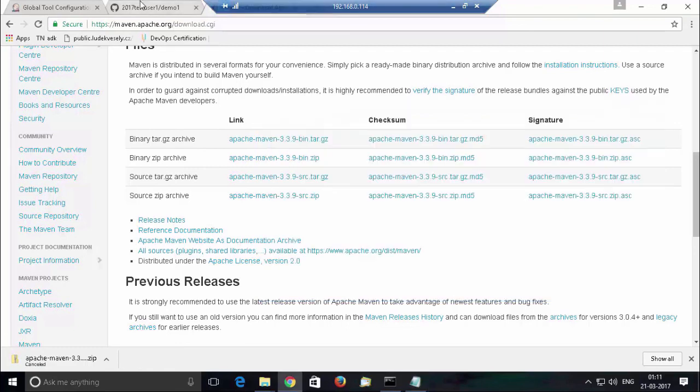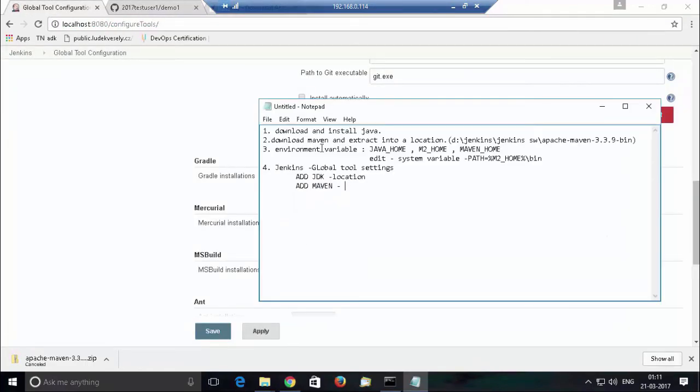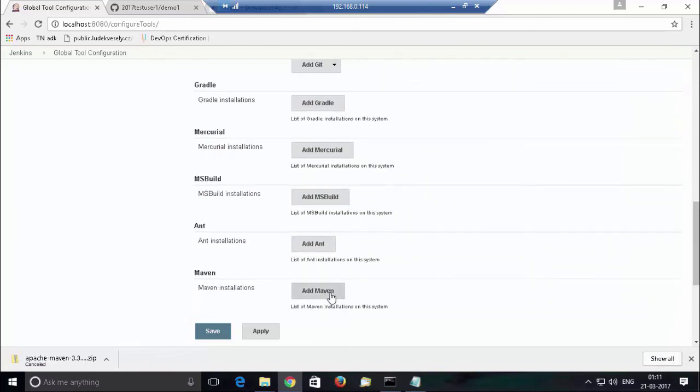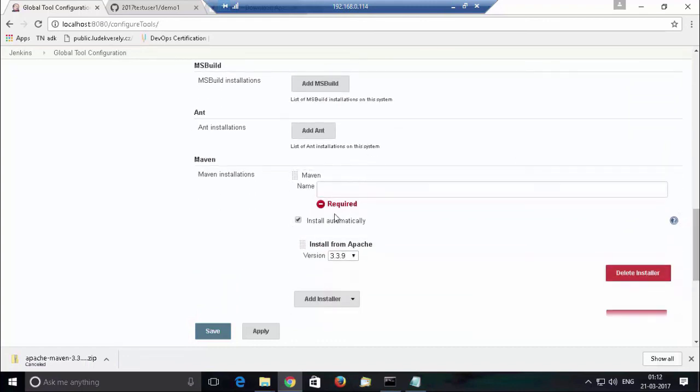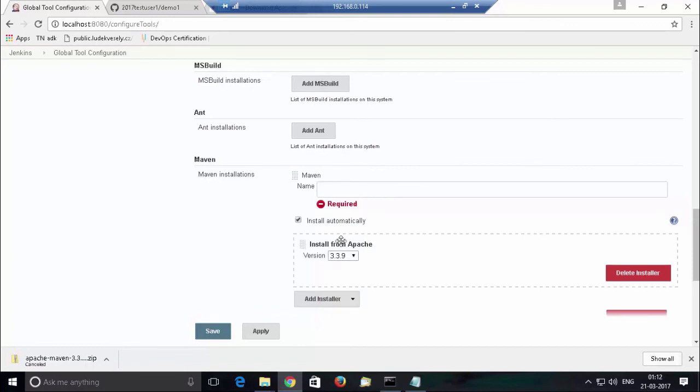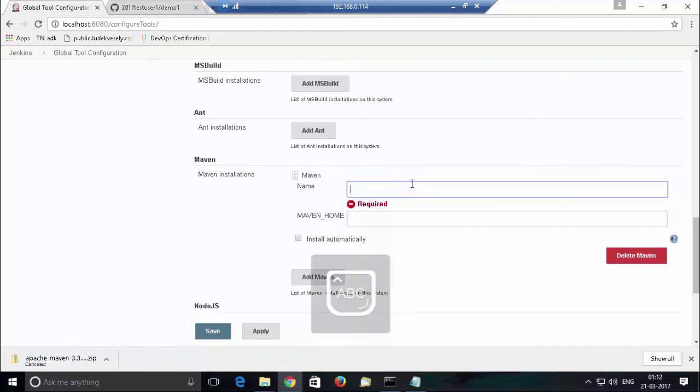So here we are going to move into global tool configuration. Here I'm going to move into my Maven, and we are going to add Maven. We can again define a Maven name, and again we don't want to install it automatically, so I'm just going to uncheck it. If you check it over here, it will automatically install Apache Maven. Already we have installed it and set the variable, so it is not required. So we can define Maven,